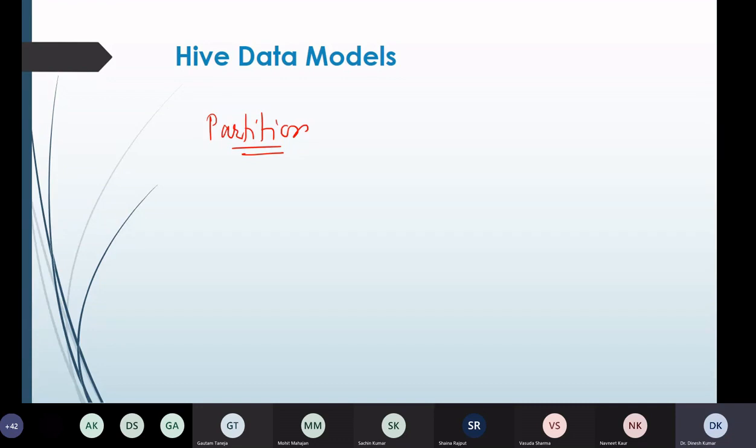So sometimes it becomes very inefficient to run MapReduce jobs over a large table. So to resolve such kind of an issue where it becomes quite complex to run MapReduce jobs because it reads all the data set when we give a query, the solution of this problem is we can create partitions in the table.